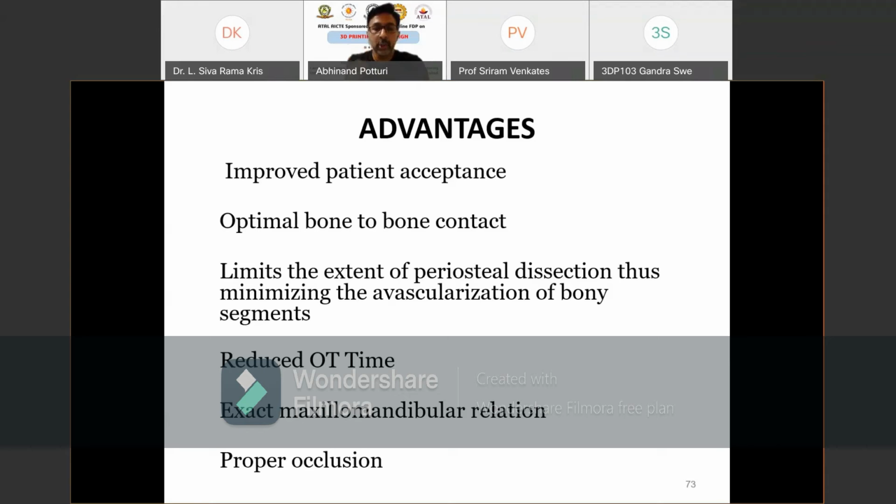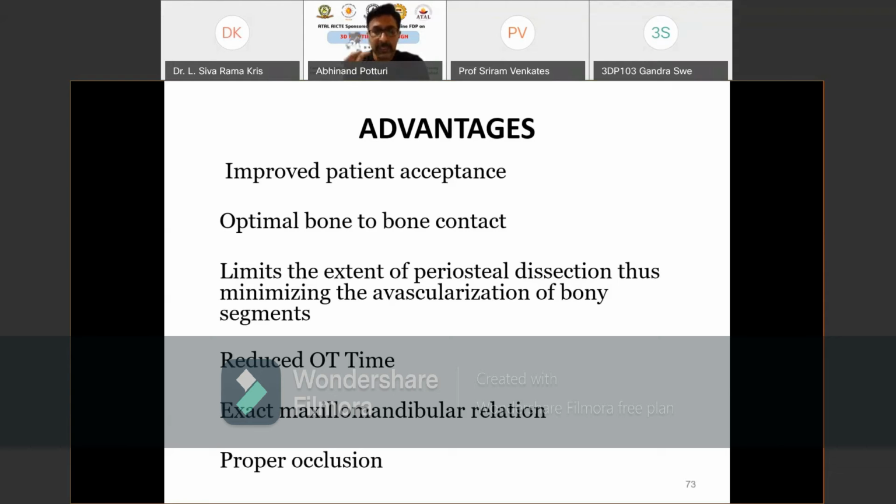They will be able to chew, eat, and speak like any other individual. That is a big thing. Living cancer free is not the only important thing. Living cancer free, while at the same time having a good quality of life, means living as comfortably as any other person, as long as you are alive. That is more important. No point in being cancer free and being bedridden and dependent on others. It doesn't serve any purpose.